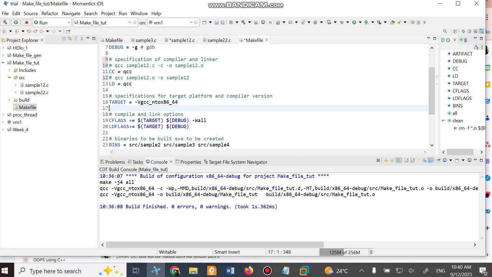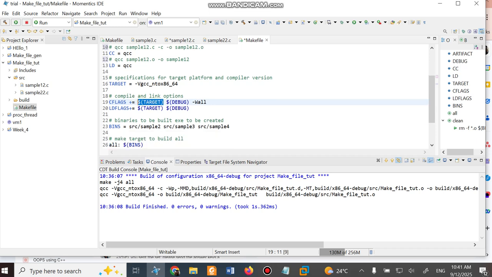What are the options we are passing? Here I am passing the option -Wall. -Wall says that you display all the warnings, even though the warnings don't affect the output of the program. And then for this, the input will be $debug and the output will be the $target.